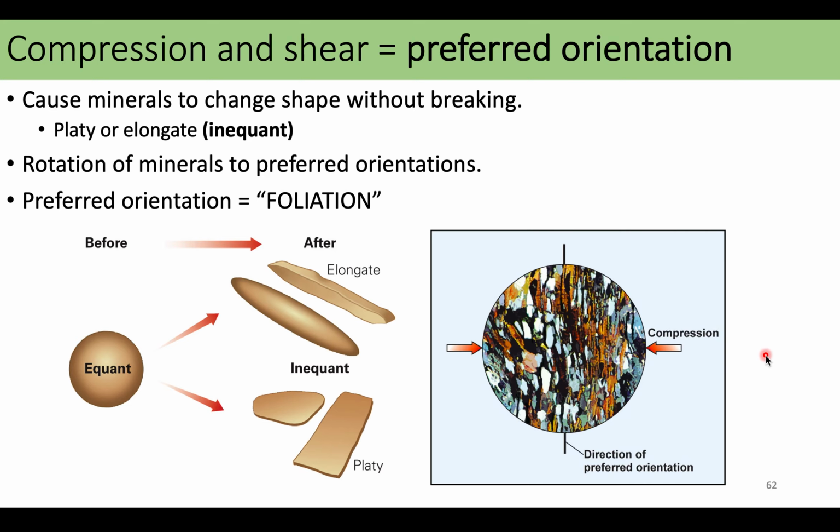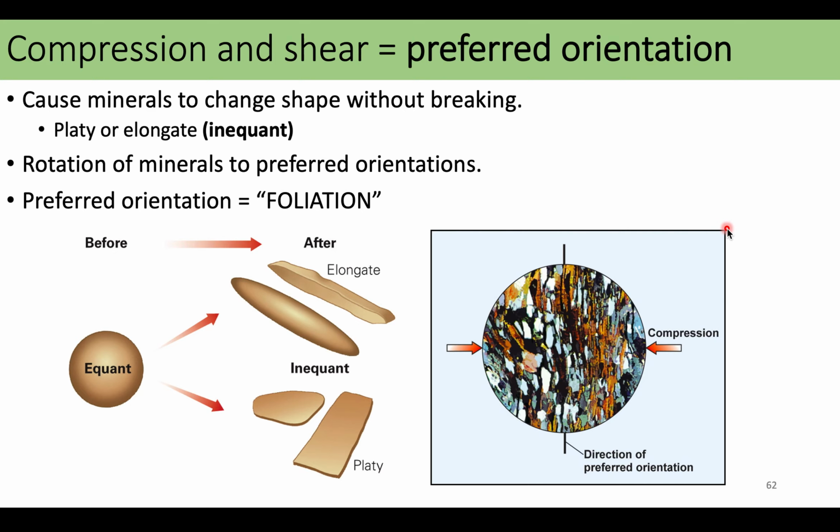So with compression and shear, they are often together. These cause our minerals to change, so they can change shape, but they generally do not break. So we are not breaking our minerals. Here is where we get that change of shape without breaking. So we can go from an equant mineral, which is a round, equal shaped, to what we call inequant or elongated shape. So this often is occurring, or this often causes minerals to rotate and end up in what we